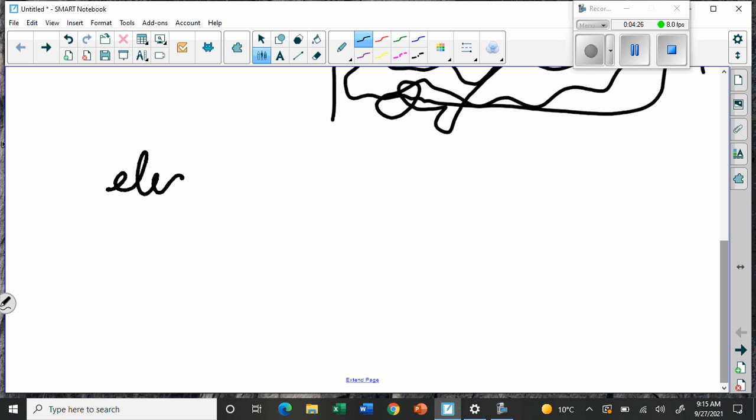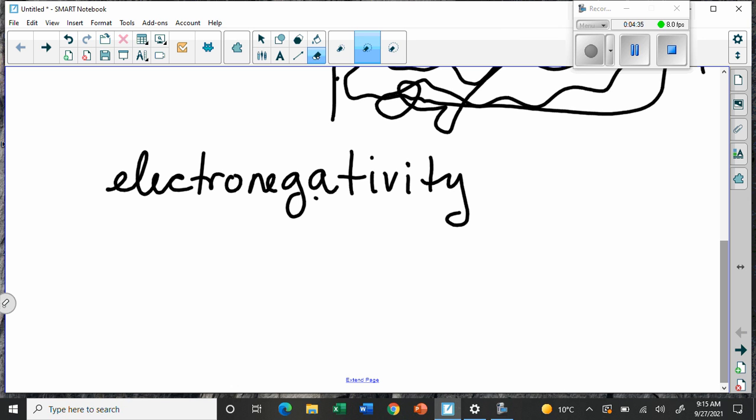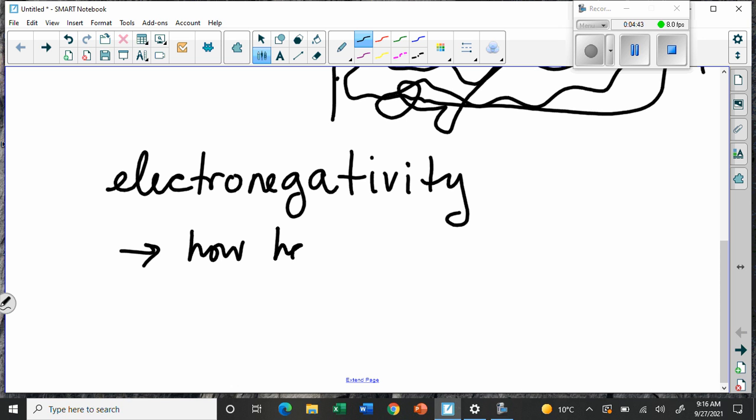It's called, because it has to do with electrons, negativity. That's a very important word in chemistry, electronegativity. And basically what it means is how hard atoms hold on to electrons,